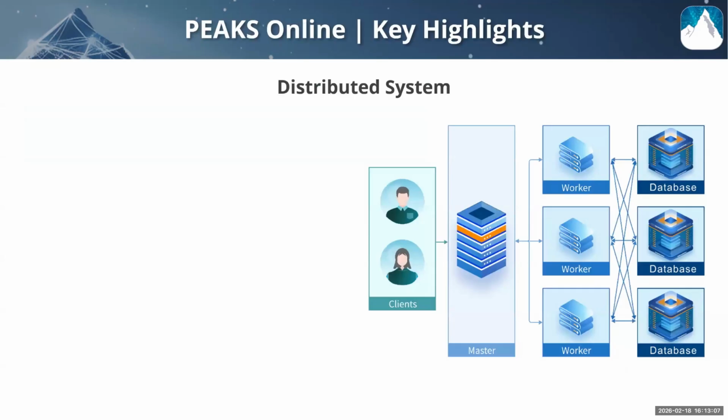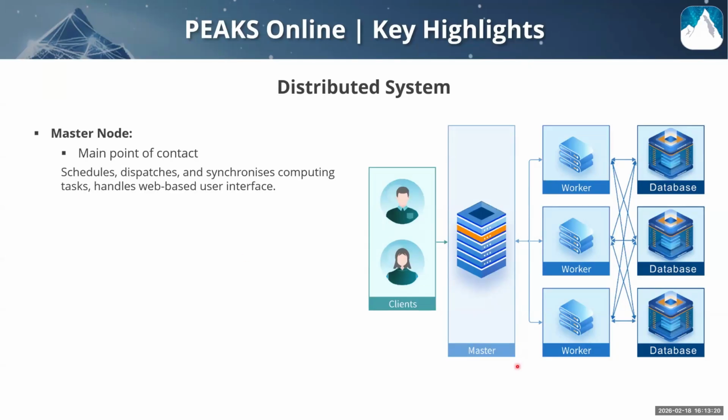So to support scalable and efficient data processing, Peaks Online is built on a distributed architecture consisting of 3 core components. So the first I'll be talking about is the master node. And the master node really acts as the central point of coordination within the system. And it serves as the main point of contact for users and manages the web-based interface. Essentially, the master node is responsible for scheduling tasks, synchronizing computational workflows, as well as distributing those analyses across